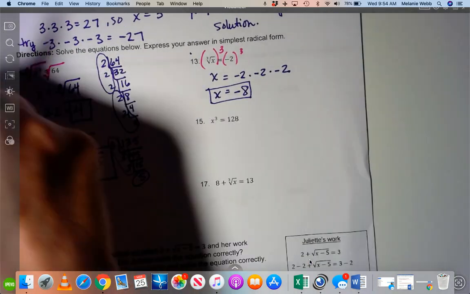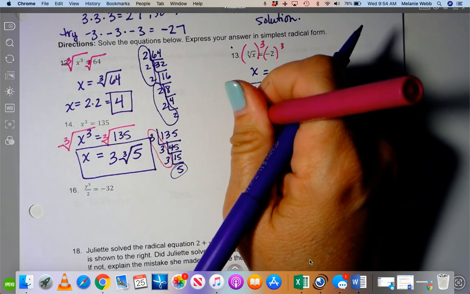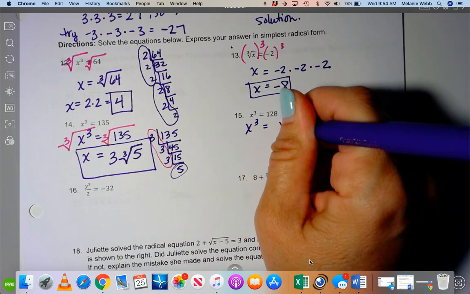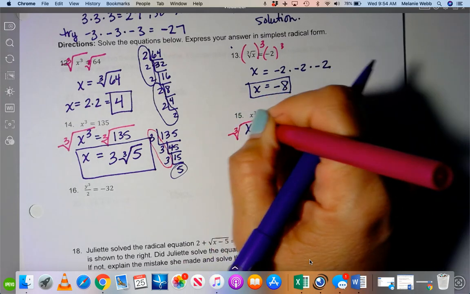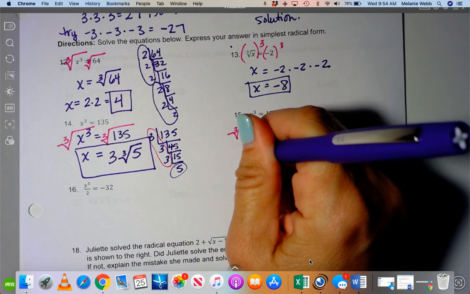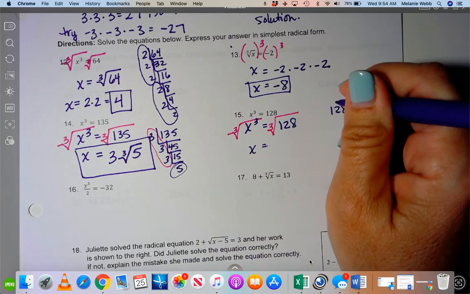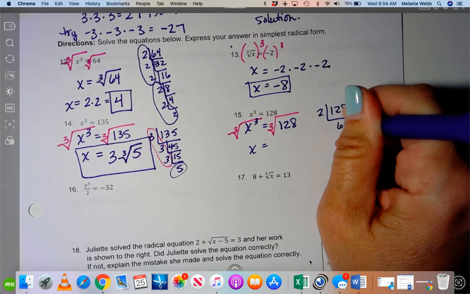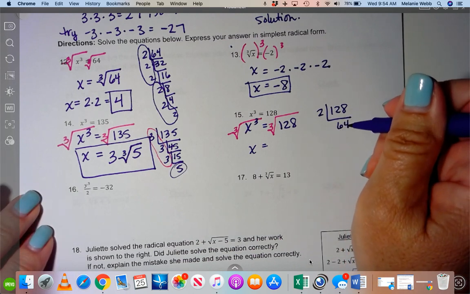All right, I'm going to do the inverse operation over here also. Again, I think I'll write it. It's a little crowded. Okay, I'm going to do the inverse operation. Take the cube root of both sides. So I have x equals, and then we want to just figure out what the cube root of 128 is. Well, it's divisible by 2, right? So that's 64. And then actually, I feel like you should be able to stop here because way back here,